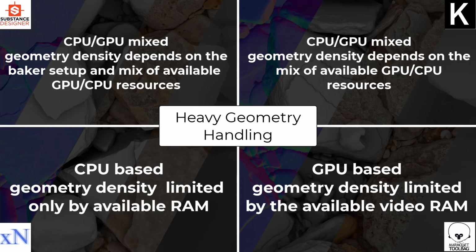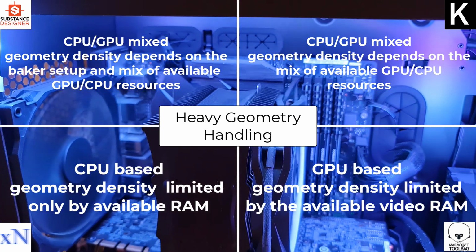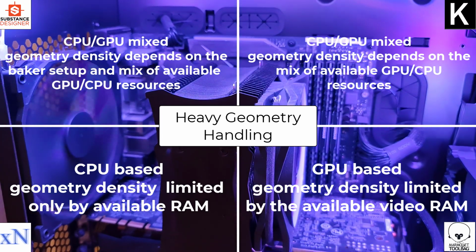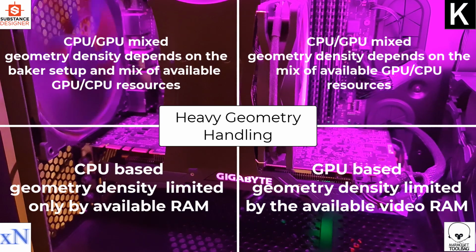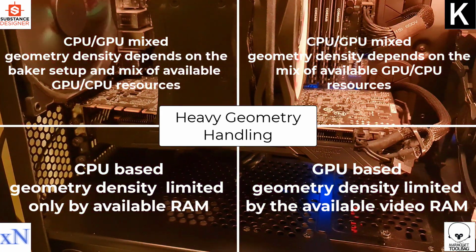Knald also seems to utilize both a CPU and a GPU. My guess is that it cleans the mesh before it is added into the video memory for preprocessing, but actual baking calculations happen on CPU. This is why I guess it can handle much heavier meshes compared to Toolbag, even with less video memory. So basically the mesh size we can process by a baker is limited by the available RAM memory. For GPU bakers by video memory, for CPU bakers by standard RAM. Some bakers mix both approaches to be more versatile and increase the baking speed.